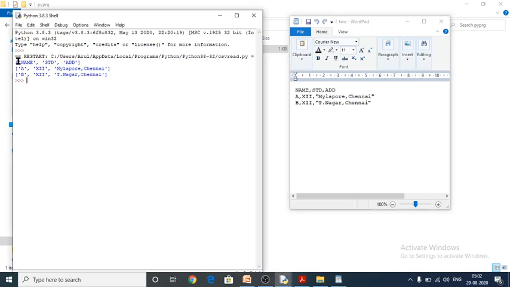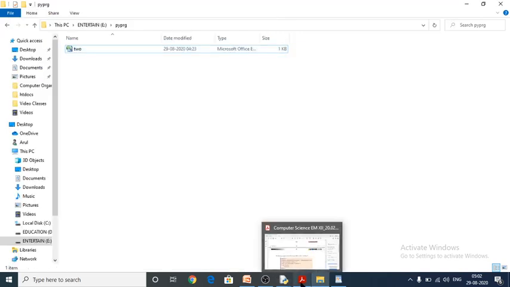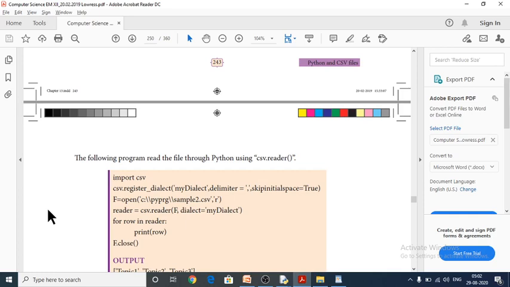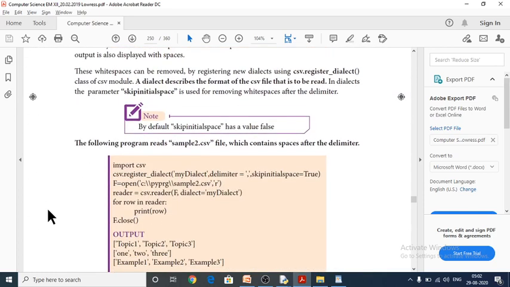See here, name, standard, address are opened as a list, and the details have been opened as a list. So students, this is how we have to open or read a CSV file with the help of the Python programming language. So next one,